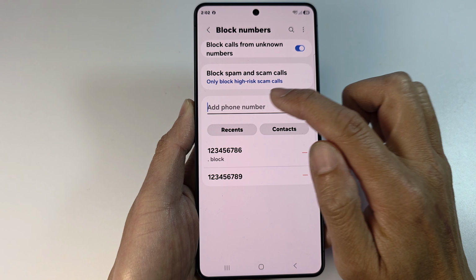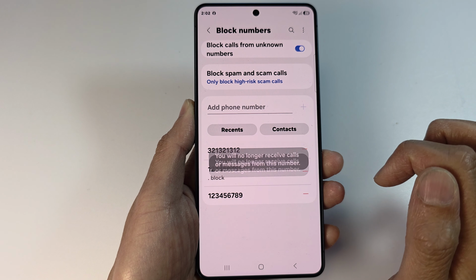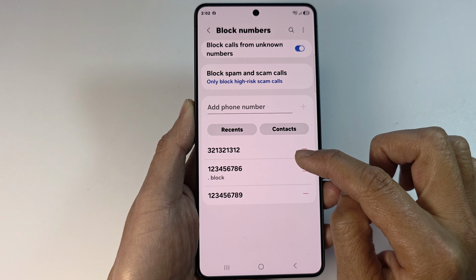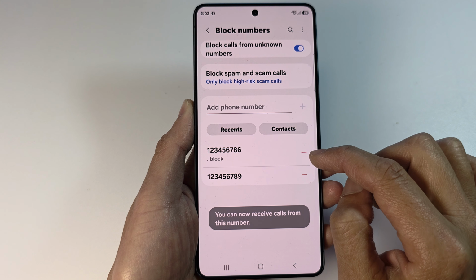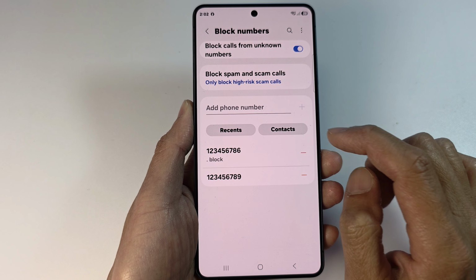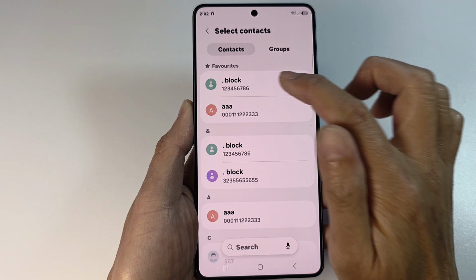And here you can manually put in a phone number that you want to block and then tap on add. If you want to remove a number that you have previously blocked, you can tap on the remove button to delete it. Okay, to block a contact, you can tap on the contacts button and then select a contact and